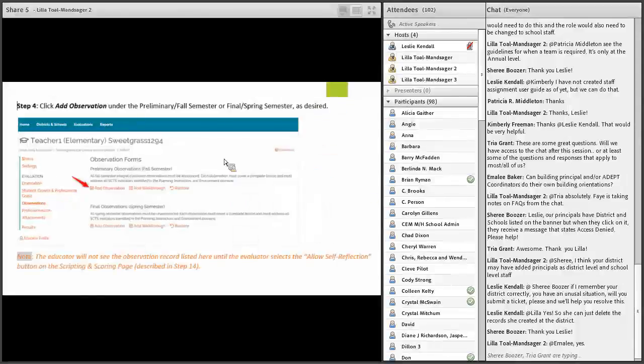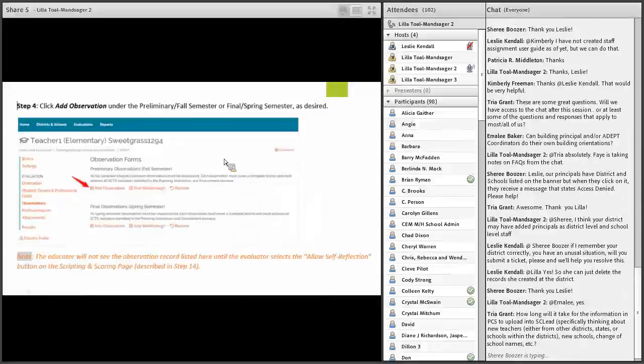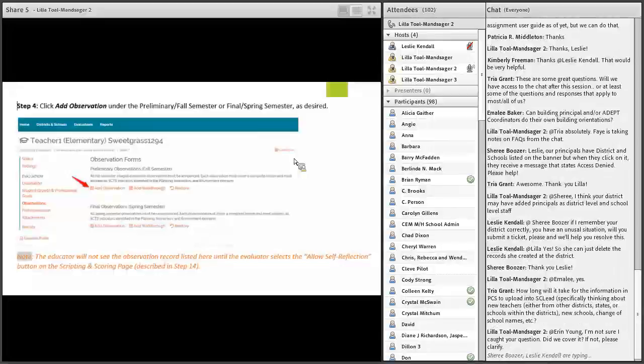So here, when an evaluator or a principal clicks on observations, they're going to see this screen. They're going to see the options to add observation and add walkthrough. They should select add observation only for evaluation related observations. If they're doing a formative walkthrough, which we would encourage you to use the system for, they need to